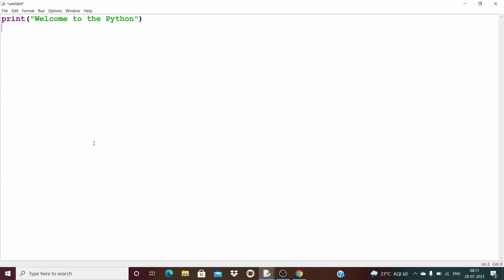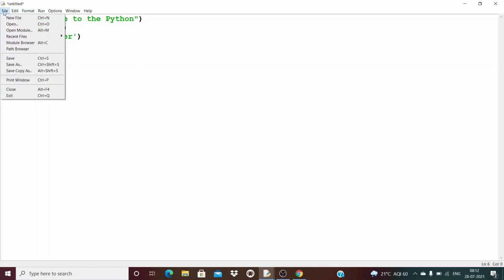And next I wrote print. Next, if I write in single quotes, as I told you, it takes both single and double quotes when you're working with letters. And then I'm writing the calculation here, but keep it in mind that in the script mode the print statement is important. Without the print statement it will not work. This is done, and at the top it is showing Untitled, which means the file is not saved yet. So you save your file.